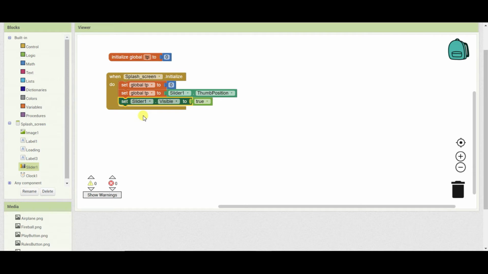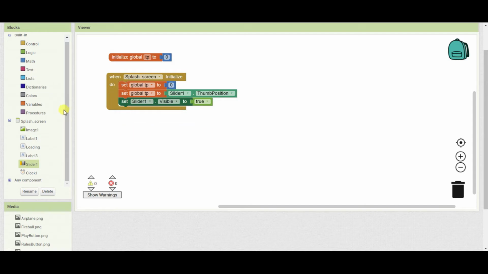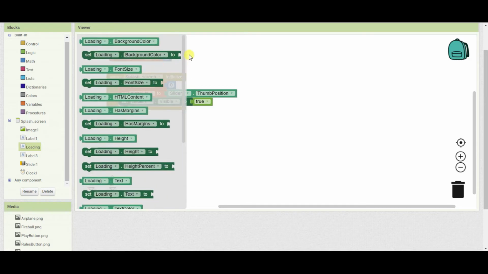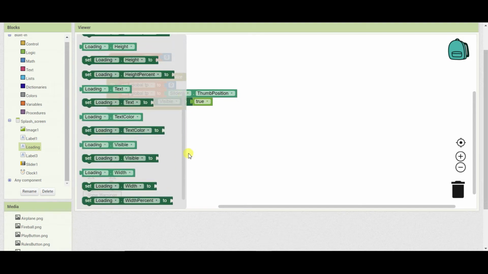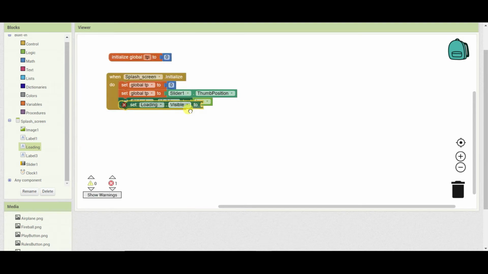and we have to set the loading label, that is the label 2, or you can say where we will be displaying the undergoing process label, so that we have to make it visible.